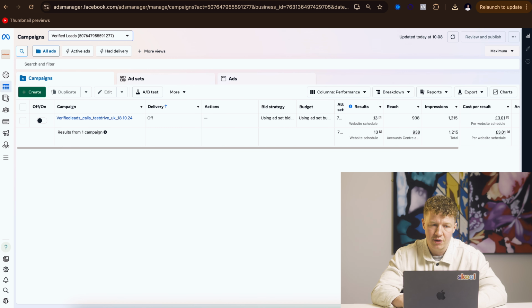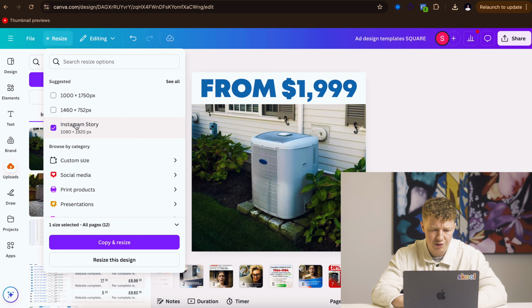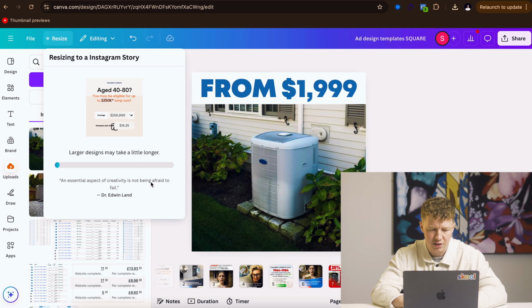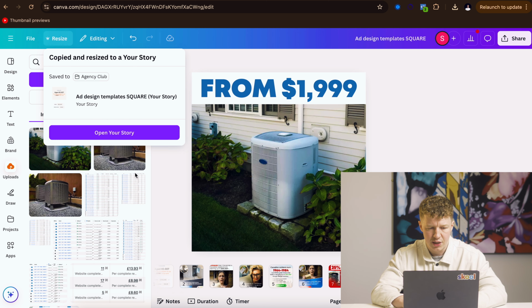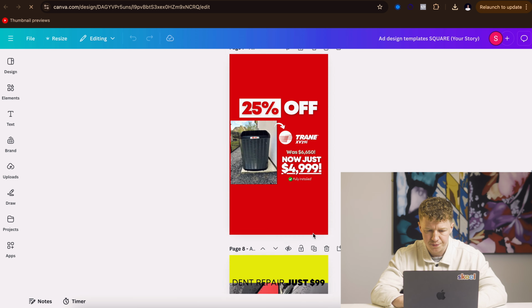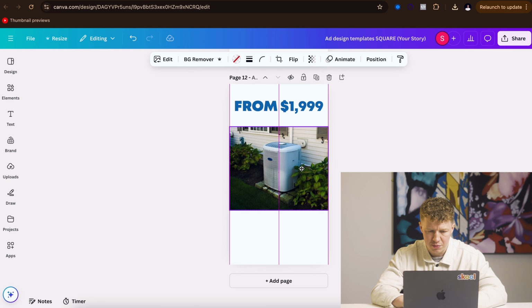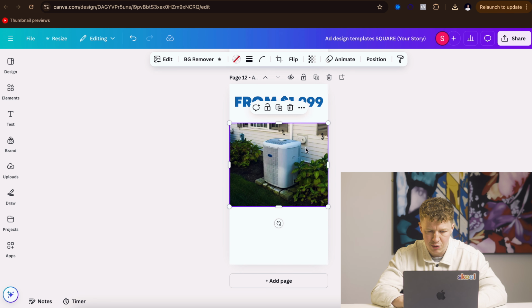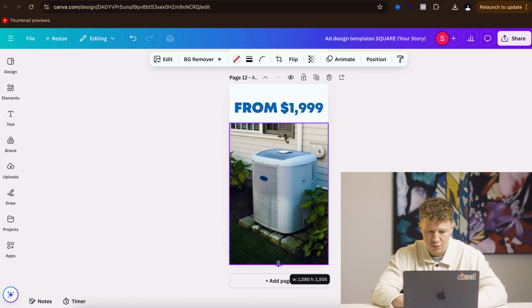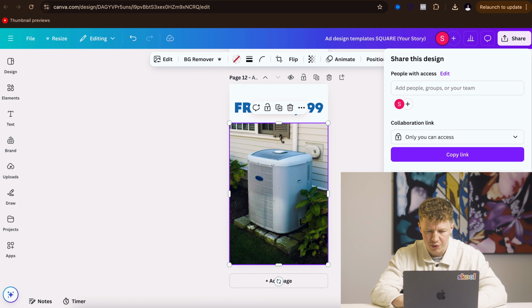So if I go into Canva and go to resize, I want to go to Instagram story. I can go to copy and resize. It's going to create a version of that. Once that's loaded, we can open that up. We can then go to our ad that we created just now and pop that there, and we can optimize this placement so it looks a little bit better for that placement. We can download that,